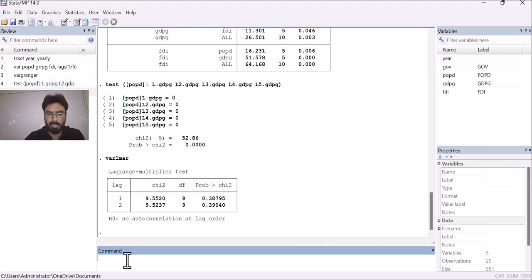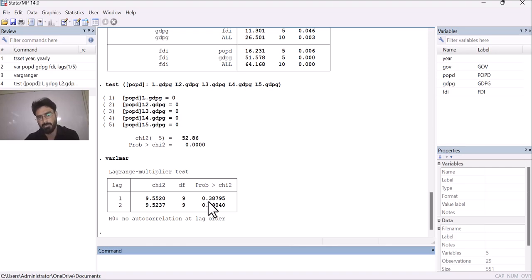And the guideline for accepting or rejecting the null and alternative hypothesis is that if the probability value is less than 0.05, then we will reject the null hypothesis. But if the probability value is greater than 0.05, then we will accept the null hypothesis.